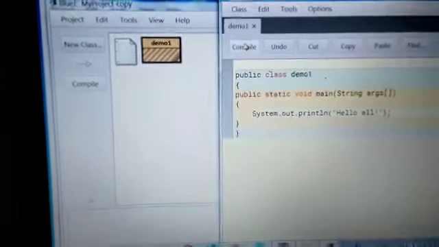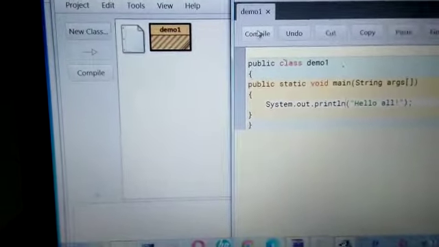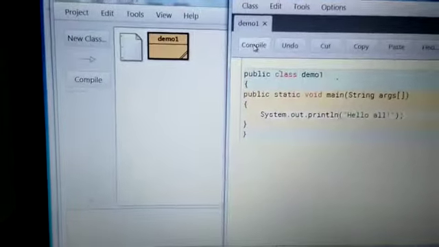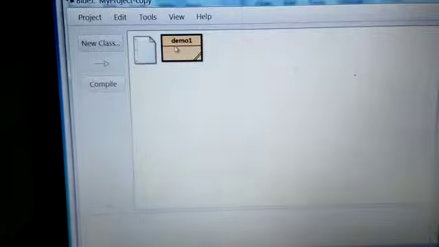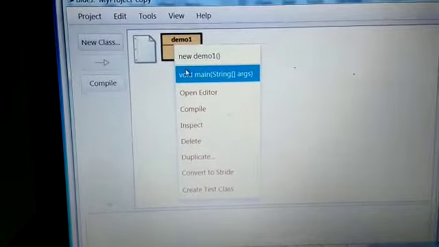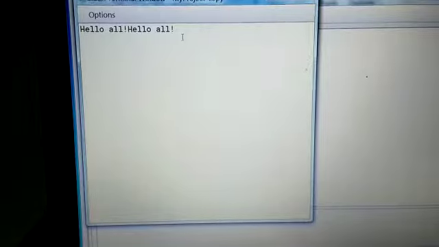Why? Because now I have made some changes in the code, and it is not compiled yet. If I compile it, see, the lines have gone. Why? Because now it is compiled. Again we need to run the program, so we have to go through all the steps which we have done previously. Click on OK. Yes, hello all, hello all.